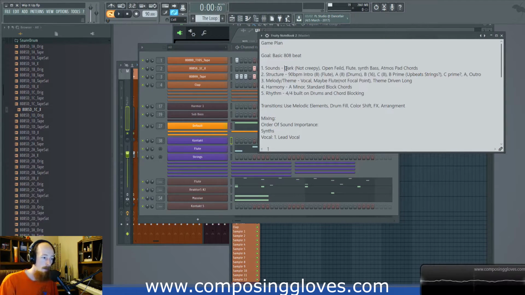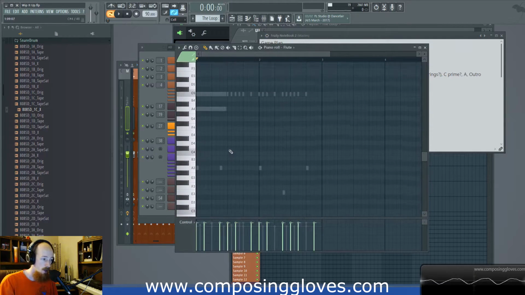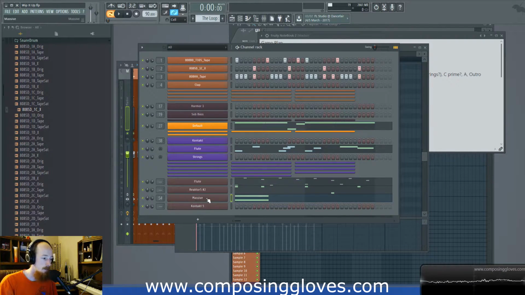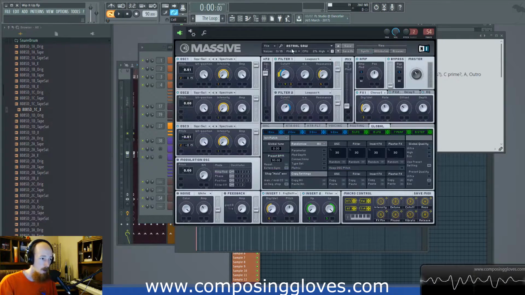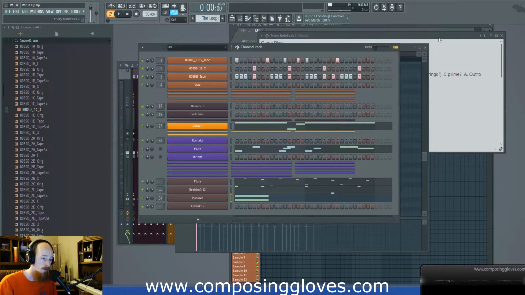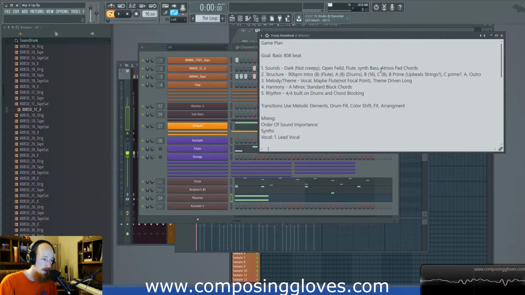So now that I have my sounds and I've established the standard block chords by the use of the arpeggiations, I wasn't sure if I was going to use total long tones in the atmospheric chords. Because of the sound I settled on, by the way, that sound is a massive patch. It's called Astral Saw. If you have the expansions, it's in one of these expansions. I dug through there and found that patch. But I could make it pretty easily. It's not a hard sound to make.